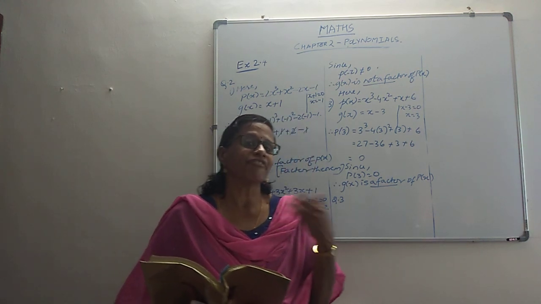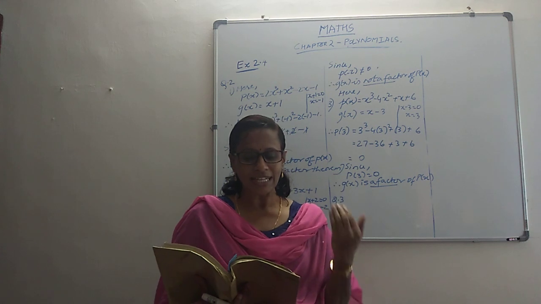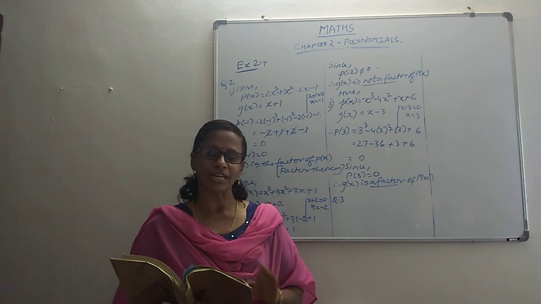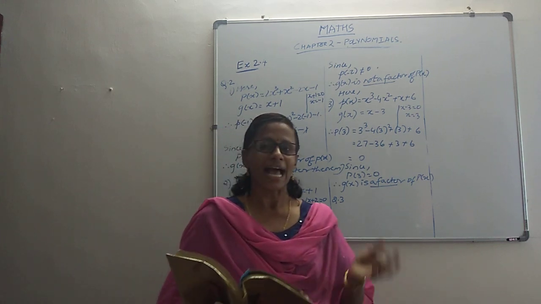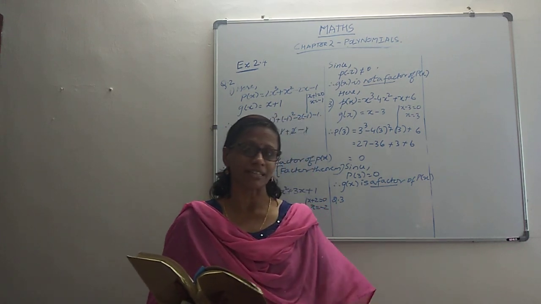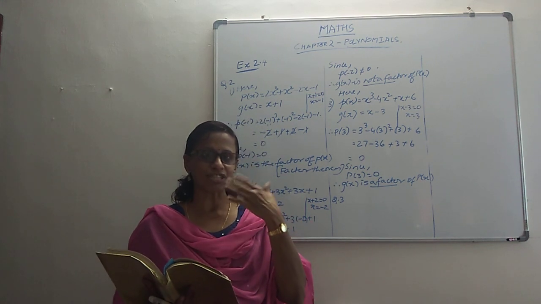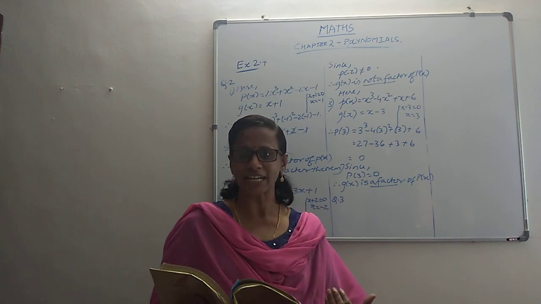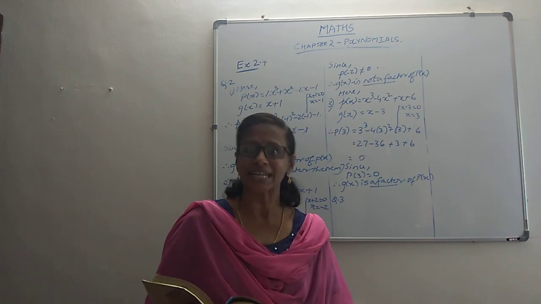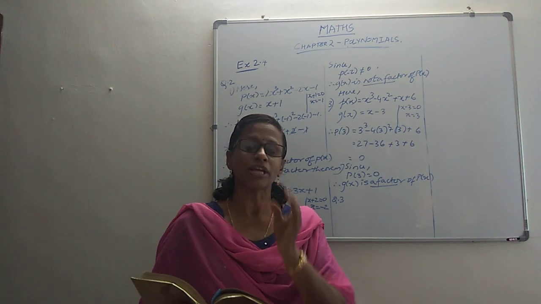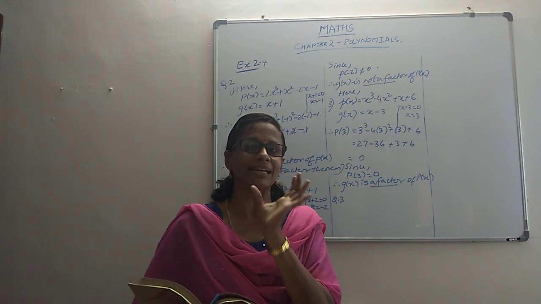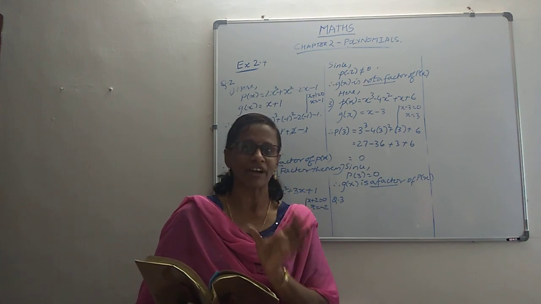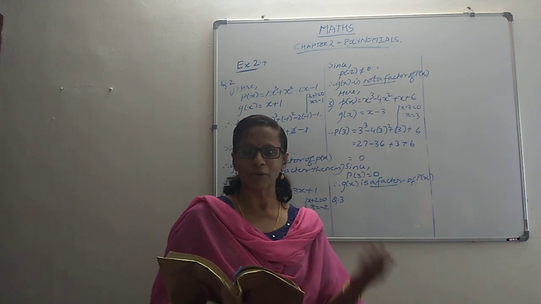Now question number 3 is a different dimension. What they ask is: find the value of k if x minus 1 is a factor of p of x in the following cases. P of x is given to us, and it's also given that x minus 1 is a factor. The nature of the question is changing. All this time we were finding out the remainder, whether it's a factor or not, but now they have given that it's a factor, but in turn the polynomial is not complete. There is something that's not given, and that not given part we are supposed to find out. That is what the next question is about.